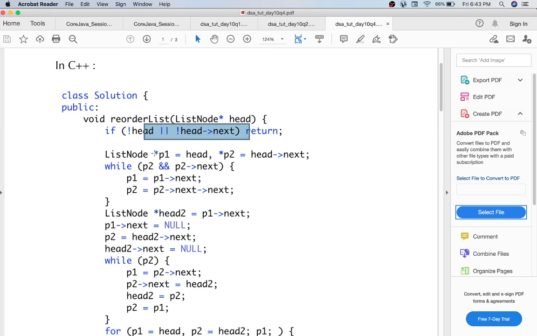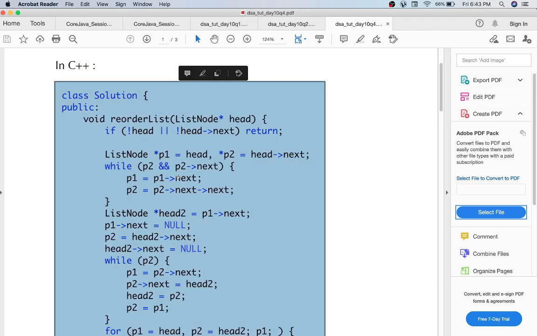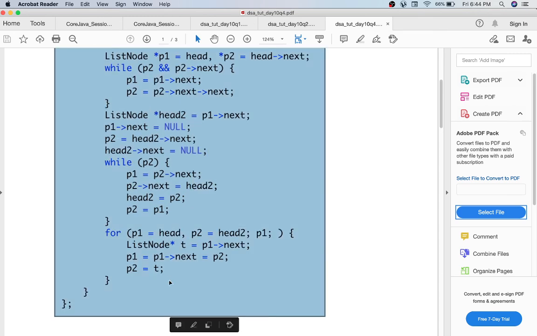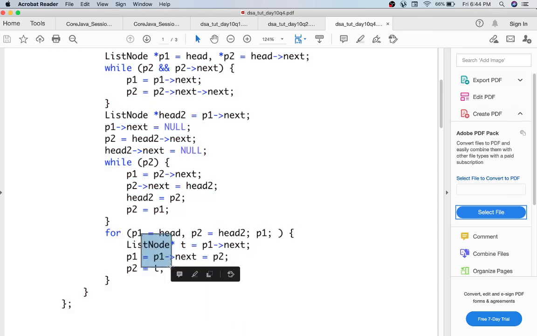Then with this logic, what you are going to do, you are going to take two pointers P1 and P2. The same approach of slow and fast pointer we are going to apply, and we are going to get the middle point. Okay, and after that, once we get the middle point, then we reverse the second half. And in this code, we are going to reverse the second half, simple logic, and in the end we are going to just attach it at the alternate position.